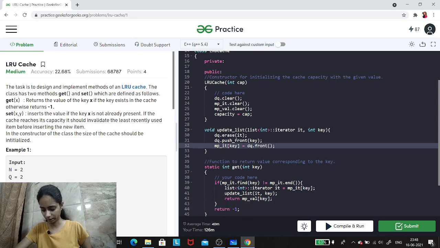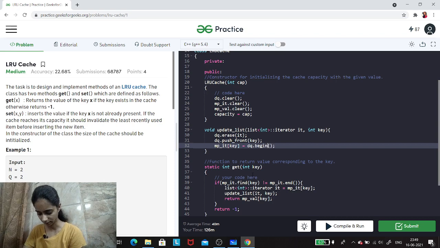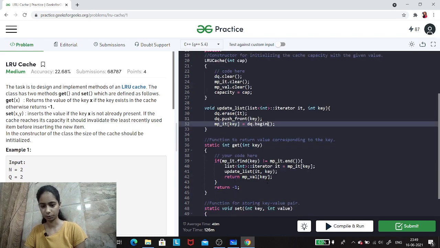I hope this update list is clear to you. If it's not, I'll explain again. So it will be begin. I'll just explain the get method once again. In get method, what we are trying to do is, first we'll find it in the map, and if it's present in the map, we'll find the iterator to it where it's present in the list, and then we'll update the list.